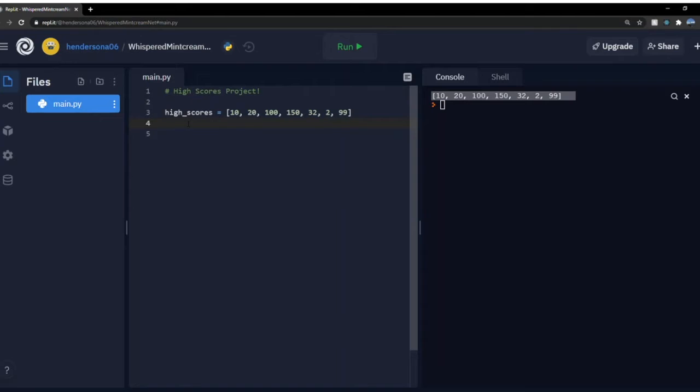So I was thinking for this project we could ask the user for their score, and then we can check it against previous high scores from other players. If we want to ask the user for an input, remember we're going to first of all create another variable. What should we call this? User score. User score equals,